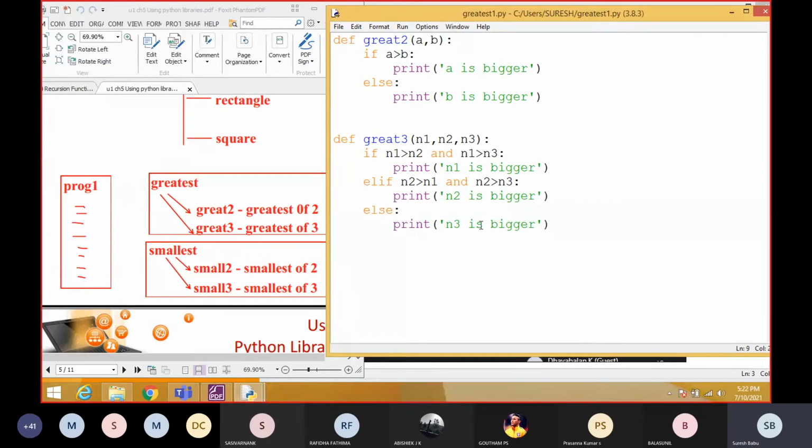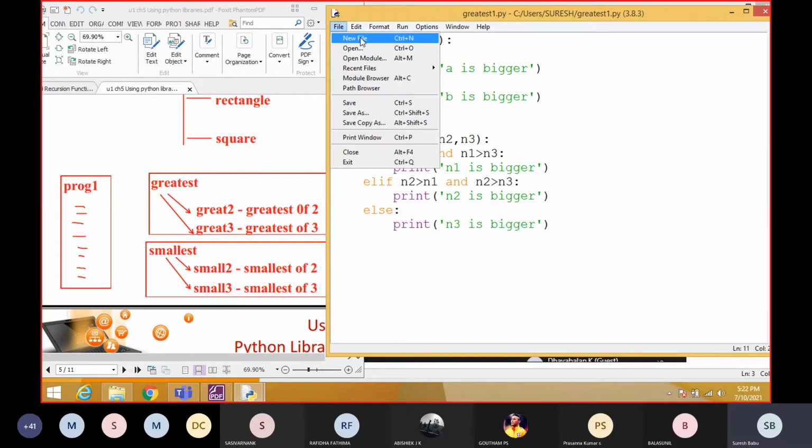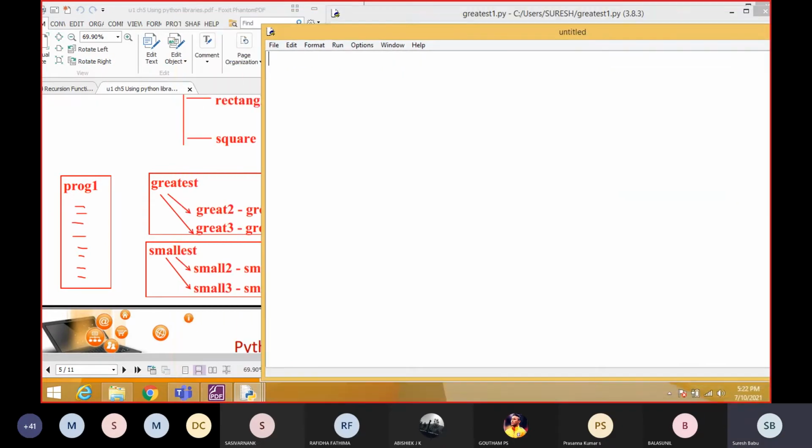Again, the next module. So how to find the smallest of two numbers, students? Instead of a greater than b, you can also use a less than b. Understand? a smaller than b. Here also, everywhere you can give the less than symbol. And I am going to use a different method. That is one of our students' ideas.